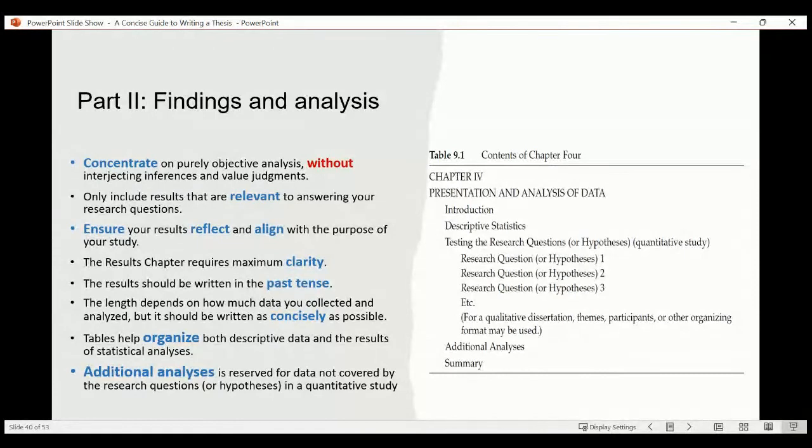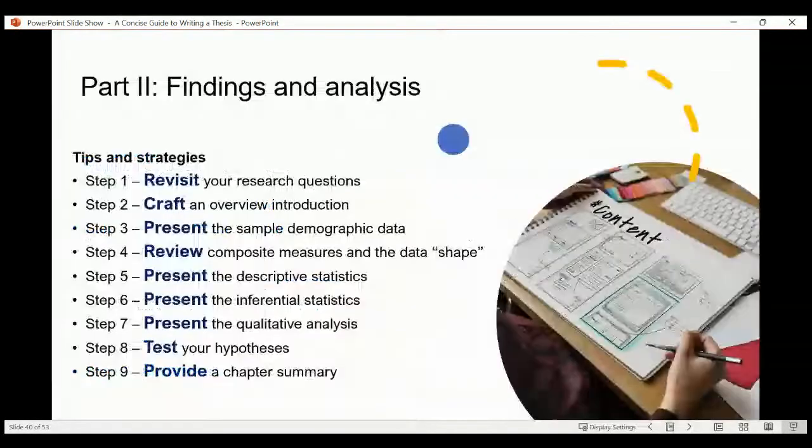Use past tense here. There is no length. Be as concise as possible. Use tables to organize your descriptive data. And if you have additional analysis or findings that are not related to your research questions, leave them at the end of the chapter. Here I have steps, general steps you can use or follow when you write your findings